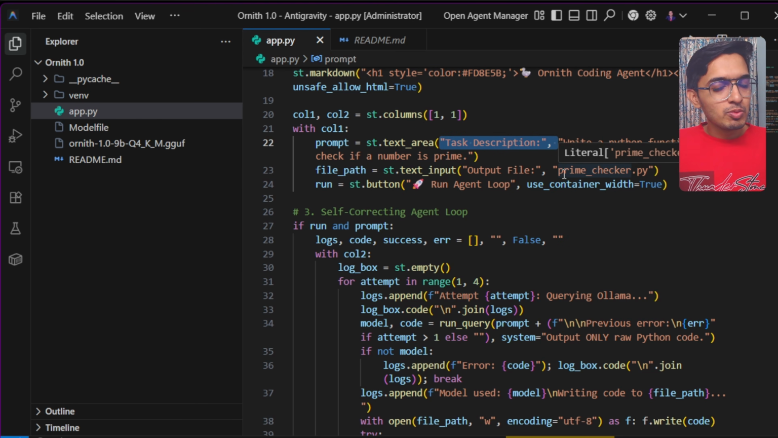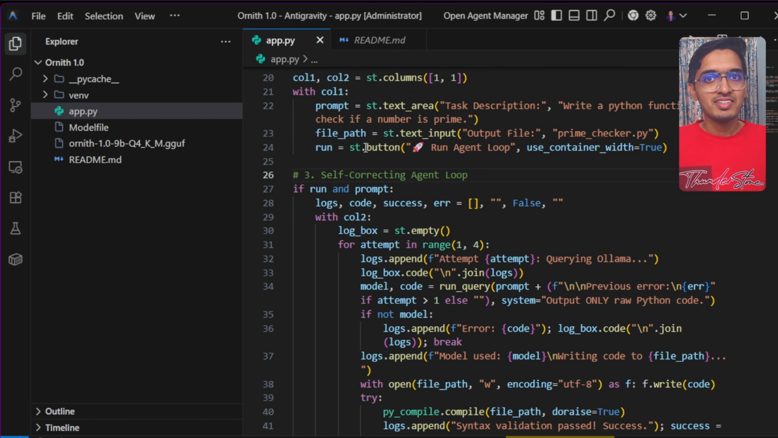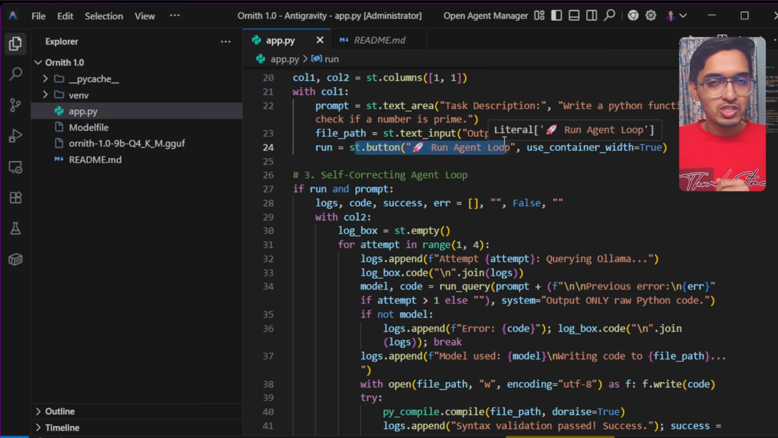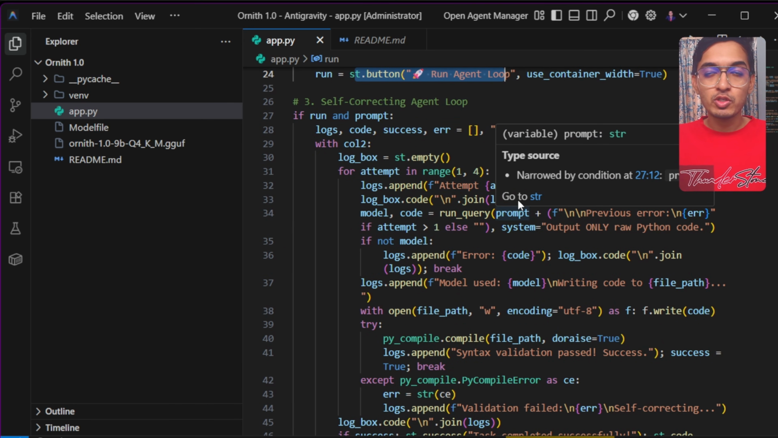As an example placeholder, it will have "write a Python function to check if a number is prime." Then in the text input, the user can provide the output file that they want for the final Python code, and then there will be a clickable button to run the agentic loop. Now once we click this, I'm going to implement a self-correcting logic which will be used by the Ornith model